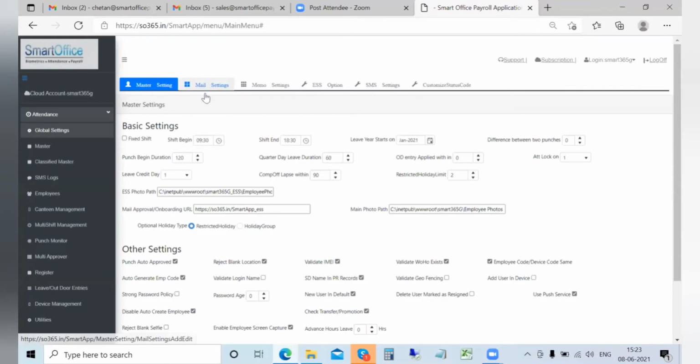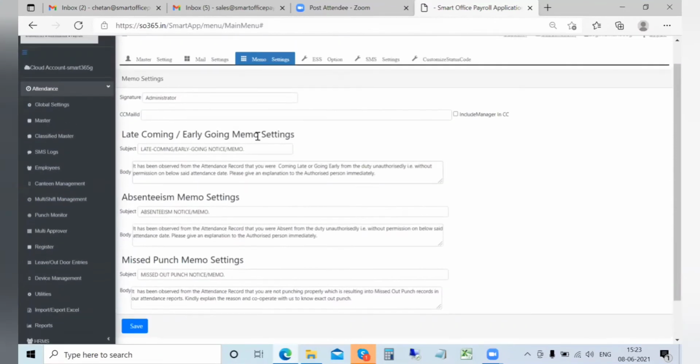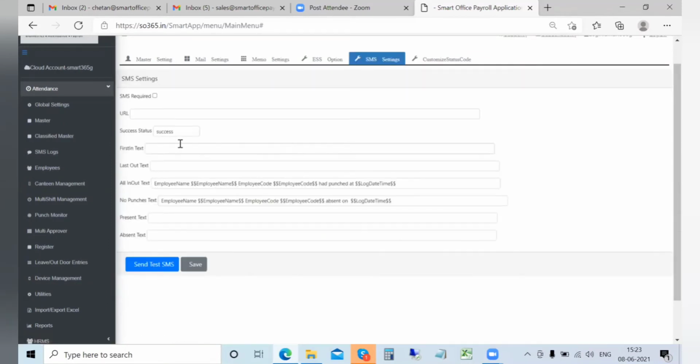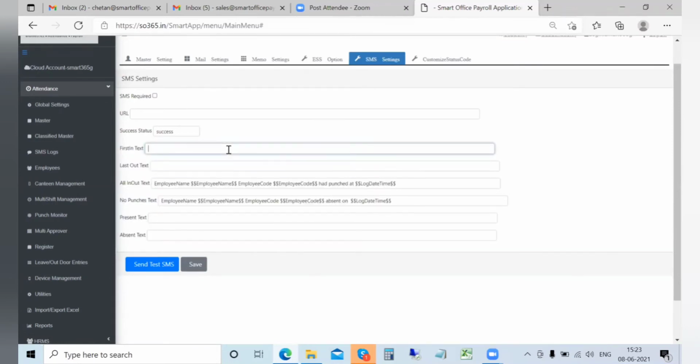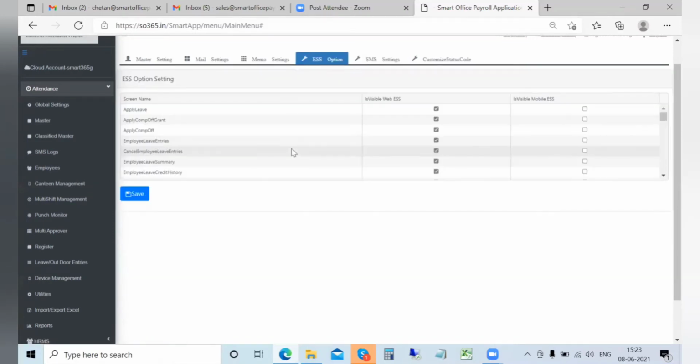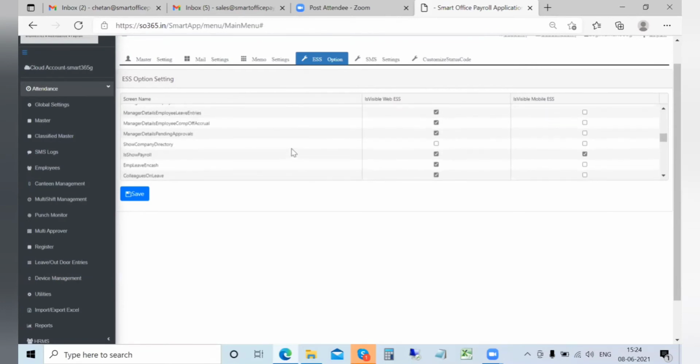And then we have options like mail settings and SMS settings, which can be configured from here. And then we have certain options as in when would an email get shot to an employee. So these are the situations when you can shoot an email to the employee. And then here you will see the options when you can shoot an SMS to the employee. So both the options are separately shown here. Based on your requirement, you can use those options. Now, this is the option where you can control what is visible on the employee ESS login, that is web employee self-service login. Mobile app cannot be controlled.